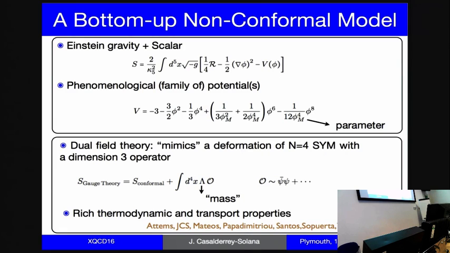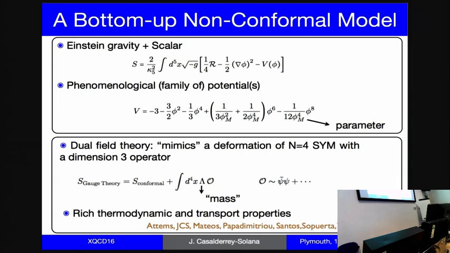And in this way, from the point of view of the gauge theory, basically what we are doing is something that mimics a deformation of N=4 with a dimension 3 operator. From the point of view of gravity or the dual field theory, we have a dimension 3 operator. So basically what we are saying is that the model we are studying is a gauge theory,